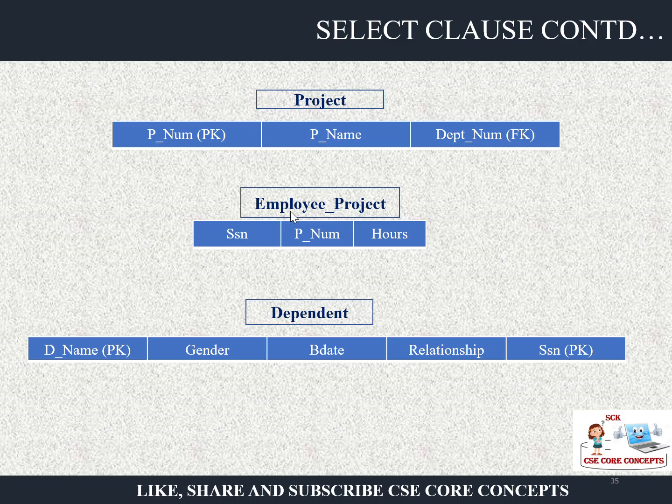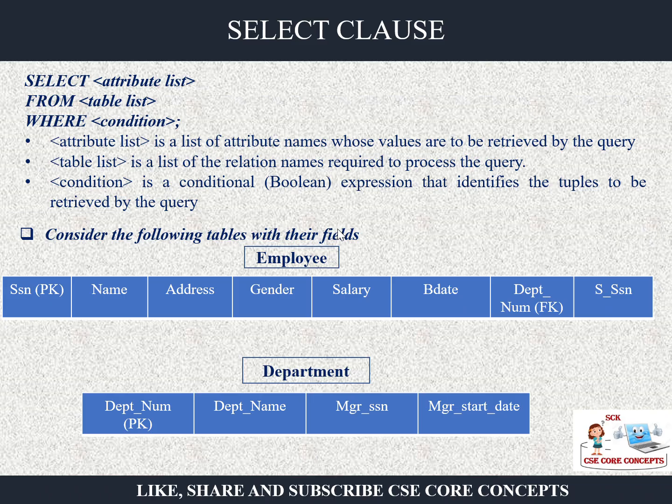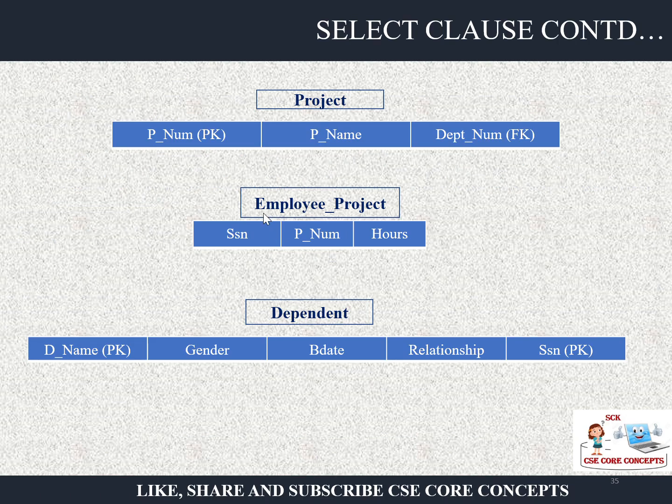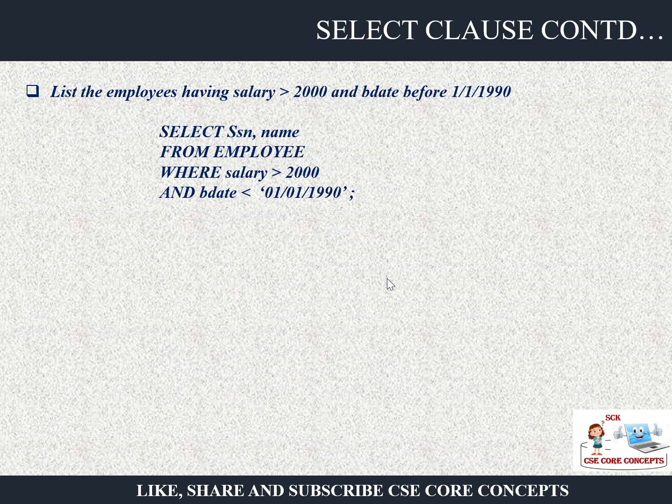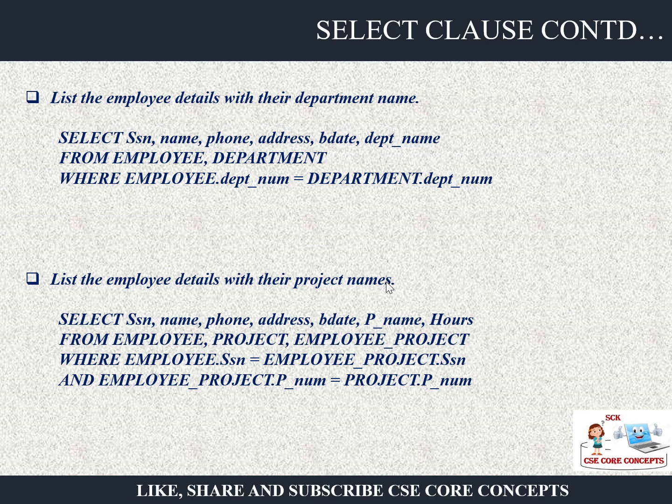Now you have to map this table to the project table. So who is the common factor? The common column is the project number. So both the conditions should match. That is employee.ssn should be equal to employee_project.ssn and employee_project.project number should be equal to project.project number. I hope you understood how we are relating using the common columns. So this is how the query is being written. Now when multiple columns are being used, we have to prefix them using the table.